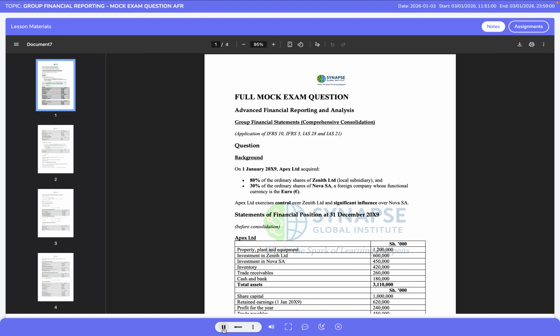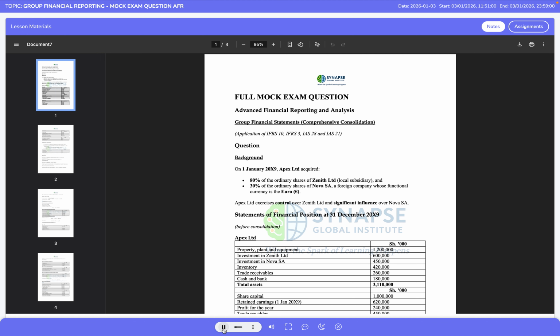The question begins with the background information, which immediately sets the consolidation framework. On the 1st of January 20/9, Apex Limited acquired two different types of interests. First, it acquired 80% of the ordinary shares of Zenith Limited, a local company. This level of ownership gives Apex Limited control, meaning Zenith Limited is a subsidiary and must be fully consolidated in